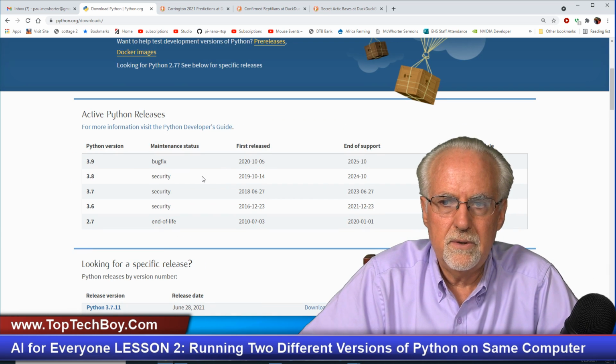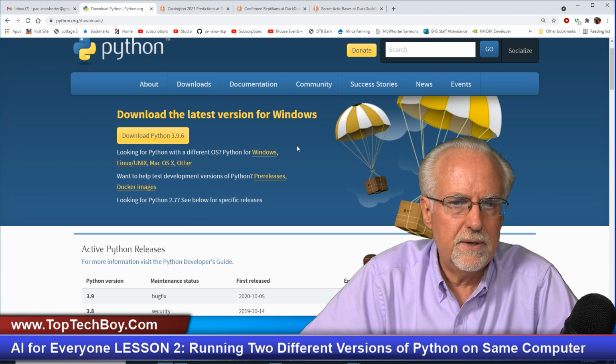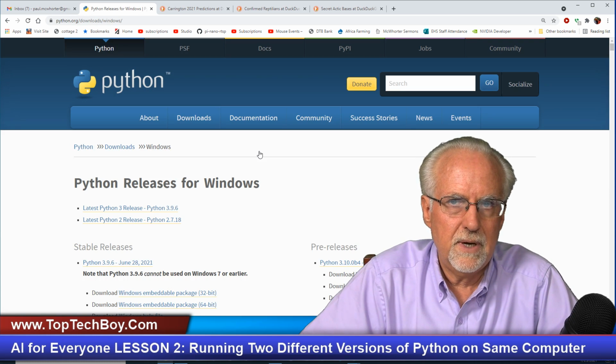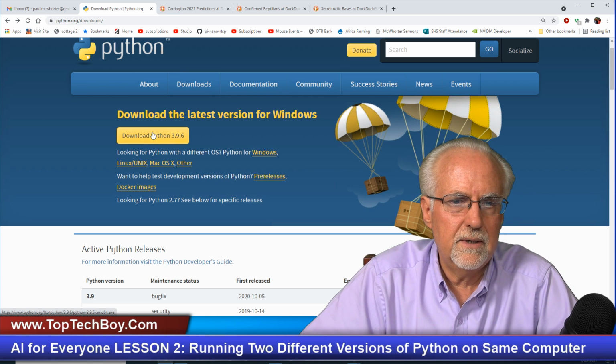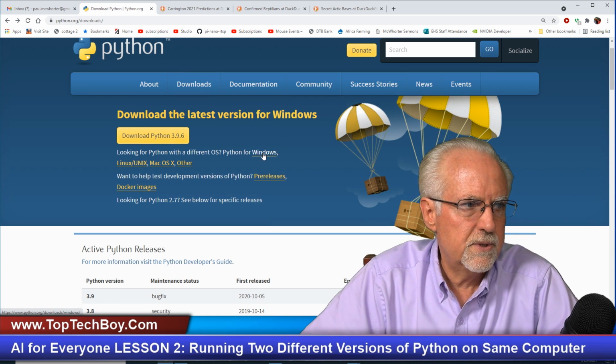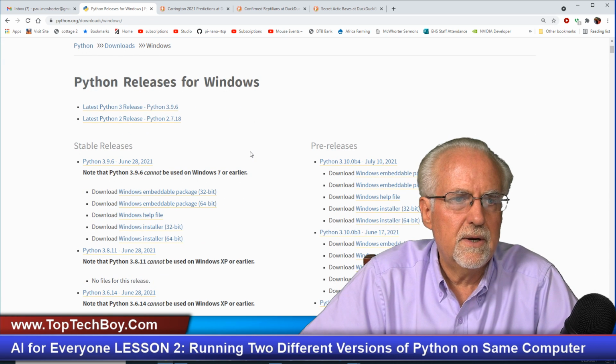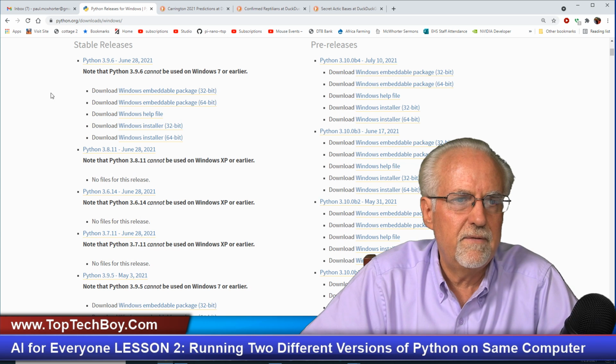Okay, what we're going to do is come to Windows. So we clicked on Windows. Let me do that to make sure you see it. We're not going to click there; we're going to click on Windows. And then it says Python 3.9.6, or even if we scroll down a little bit,